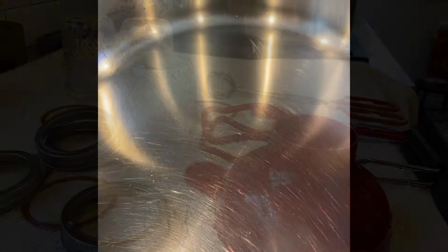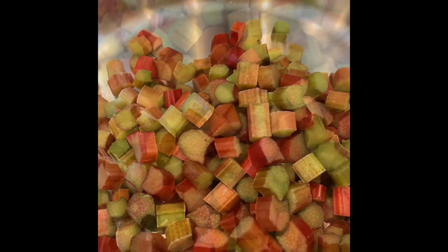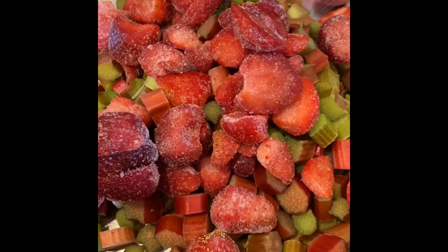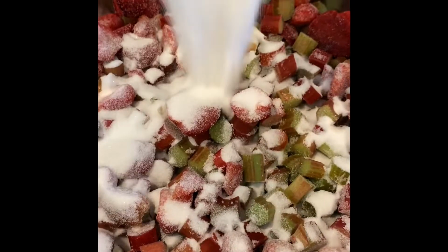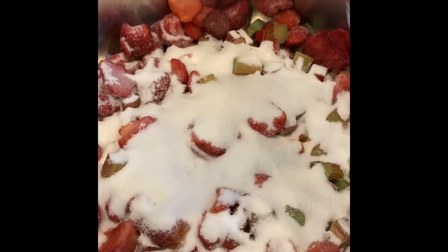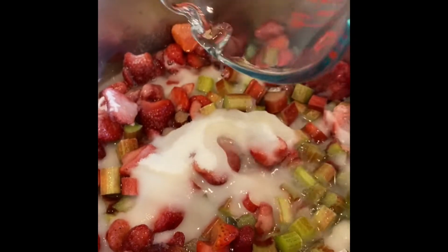While you wait for your water to boil, you can start adding your ingredients. Start by adding your 4 cups of rhubarb in the other pot, and then add your strawberries. Next, add 2 cups of sugar. Once everything is added, you'll want to let it sit for 15 minutes. You'll also need to add 1 cup of water